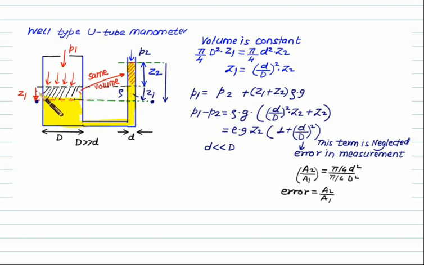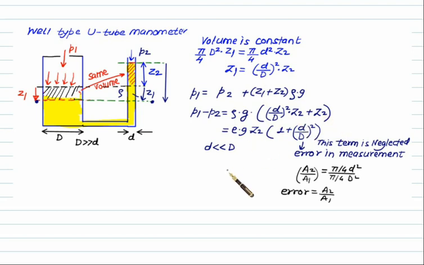That is, this side is Z1 and this side is equal to Z2. So the total value is Z1 plus Z2 multiplied by rho g. Now here we can replace Z1 in this form. So we have P1 minus P2 equal to rho multiplied by g, and Z1 can be replaced as d by capital D whole square multiplied by Z2, and then we can take out